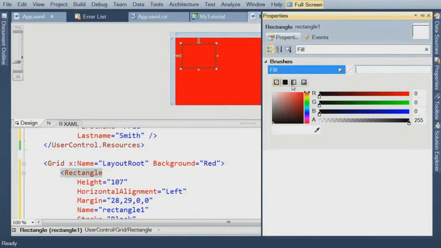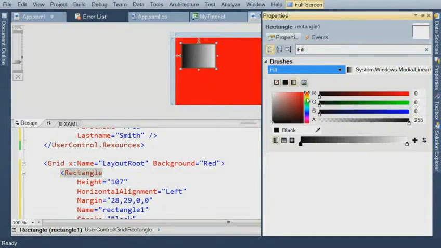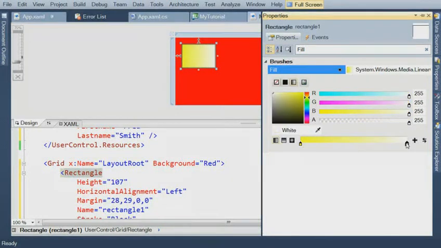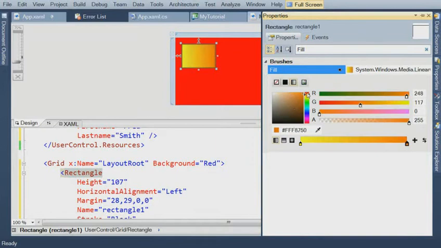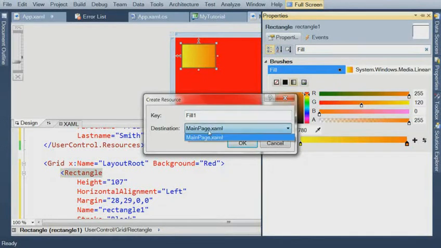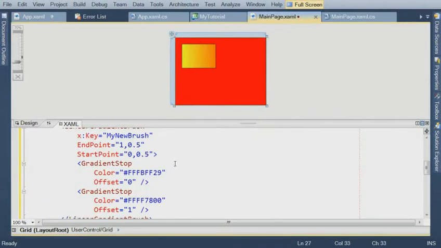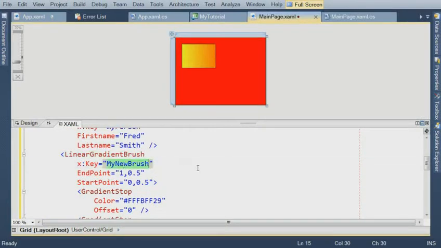So let's just go over and create a simple gradient brush, and maybe at one end of the gradient we will have some kind of yellow color, and at the other end of the gradient we'll have some kind of orange color. So I've created a very simple gradient brush. Now maybe what I want to do with that is take that and extract that value into a resource. So I can go and extract that into a resource. I can place it, in this instance, into my main page.xaml, and let's call that my new brush, and OK that. And you'll notice that what we just did was create an instance of a brush called my new brush